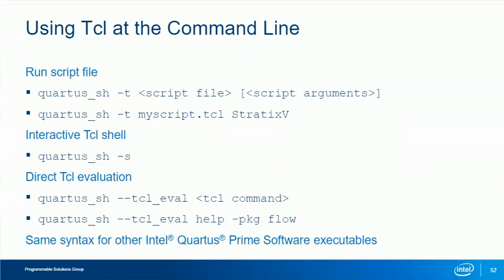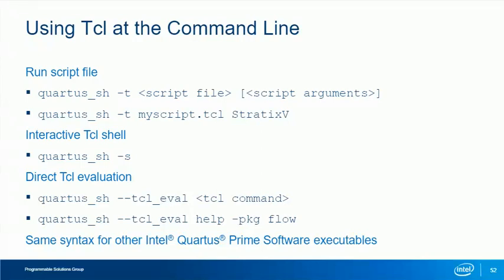Here are details on the 3 ways you can use Tcl with Intel Quartus Prime software command line executables. You can run script files, open an interactive Tcl shell, or perform direct Tcl command evaluations. You do this with any of the Intel Quartus Prime software command line executables that include Tcl support. A partial list of those executables is on the next slide. You could substitute any of the other Intel Quartus Prime software command line executable names in place of Quartus_shell in